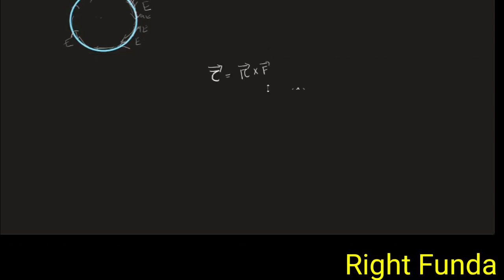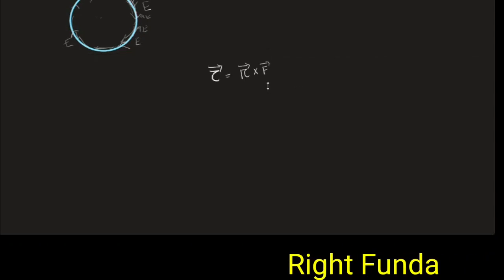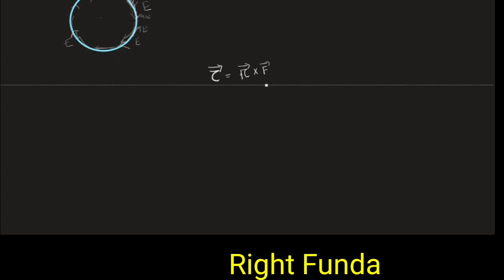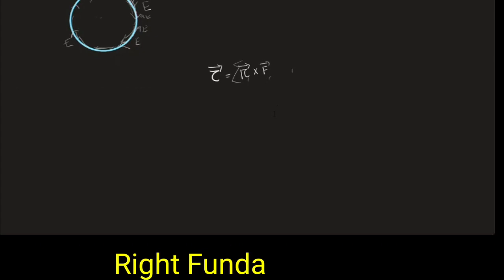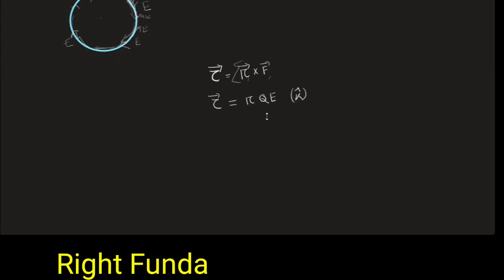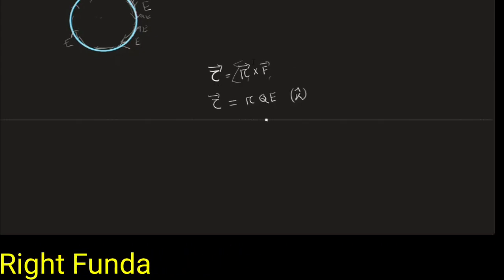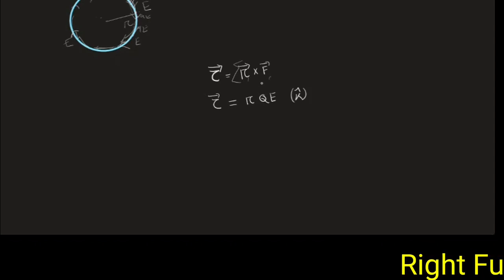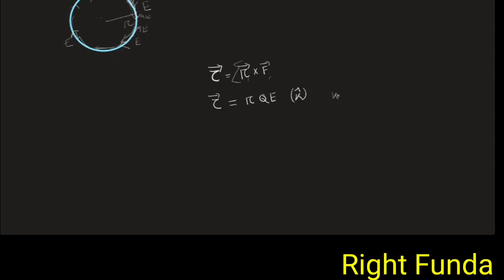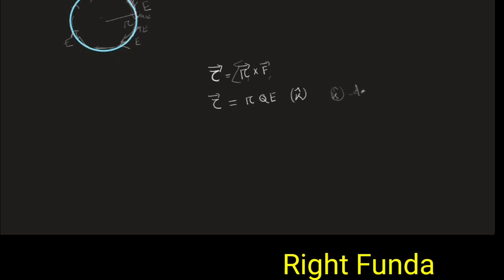So torque we know that tau is equal to R cross F, and there are so many charges. So I can write summation Ri cross Fi. So net force is 0, but net torque is not 0, I told you. So if I put this value, then I get the total torque. If this radius is R, where I have the electric field, I calculate the total torque as tau = R QE. And in this case, I'll say R cross F is equal to K cap. I've taken the downward direction as the positive K cap.